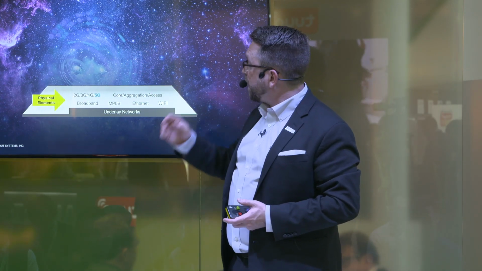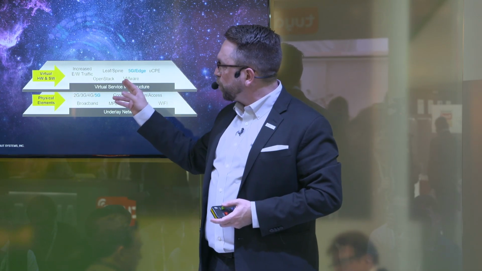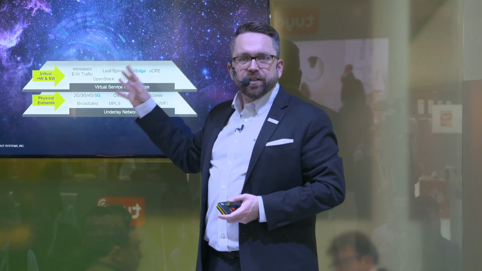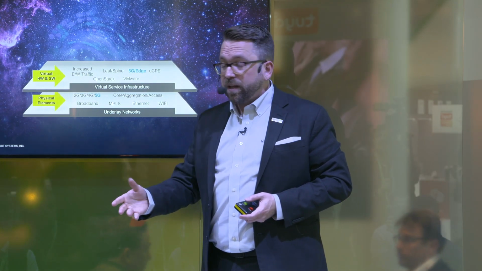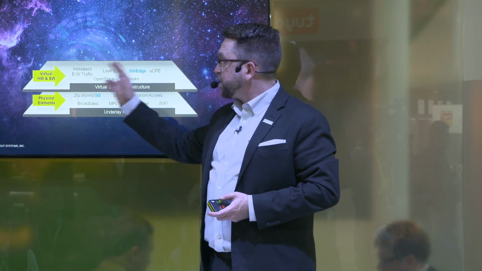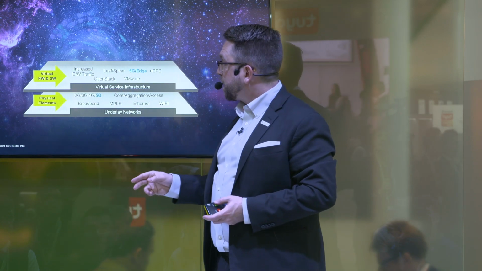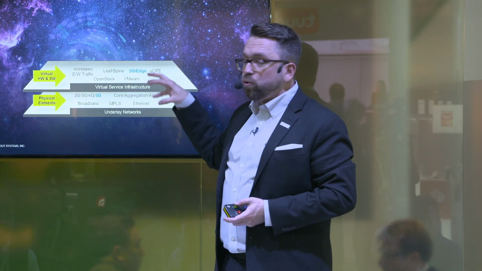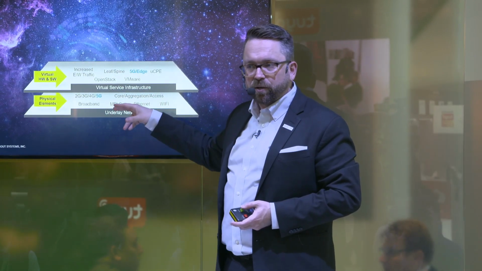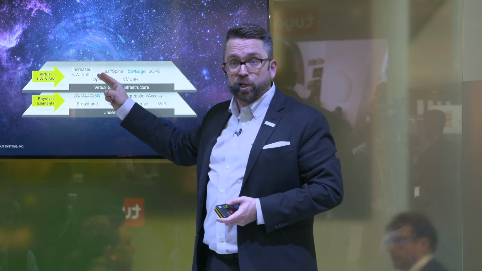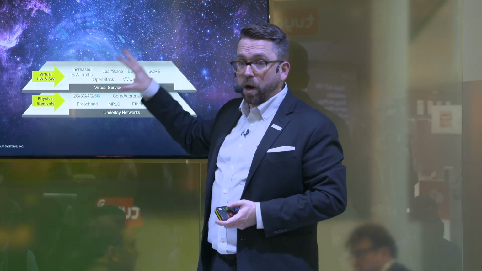As we go up to the next layer in the stack, you connect to your virtual service infrastructure. This is where we find the border with your on-prem cloud, your OpenStack, your VMware. As you move into this environment, traffic is now moving east-west. The dilemma you face here is that you no longer have visibility with the border in this new part of your data center. You can't see the east-west communication between workloads and virtual machines. That is clearly a problem.